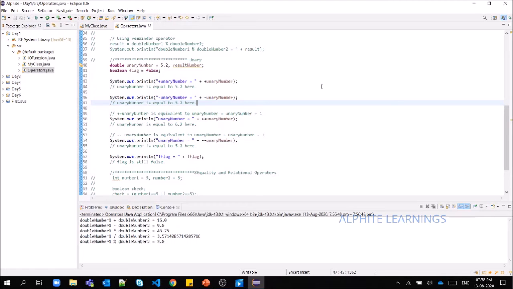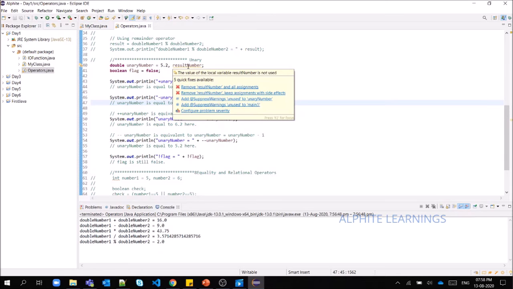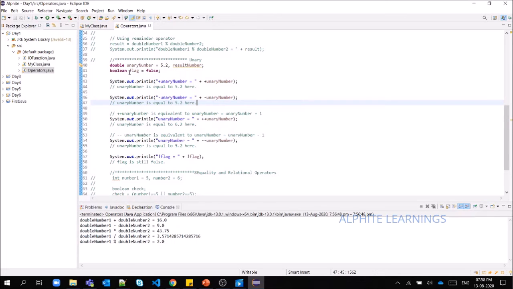Next we are going to see the unary operators. In unary operators we have this unary number, just 5.2, and the result to store our result, and we have a boolean. So let me first introduce this plus here.